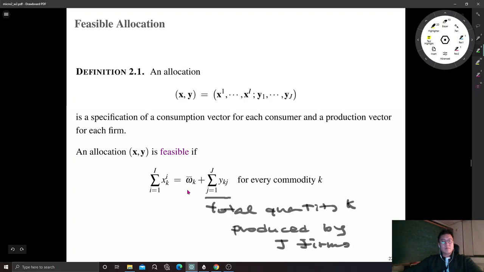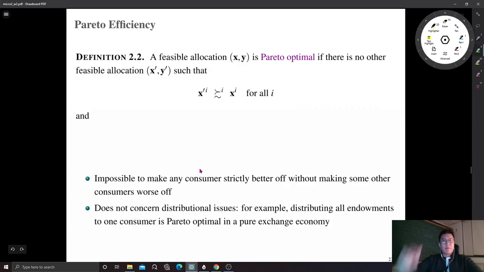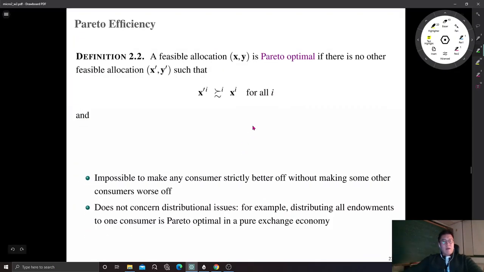So in order to dispose some commodity, if there is some cost, the feasible allocation will satisfy this equality. Aggregate consumption, aggregate demand, should be equal to aggregate supply, total supply. All right, and the Pareto efficiency. So we say one feasible allocation, so an efficient allocation must be feasible. Okay, an allocation is Pareto optimal